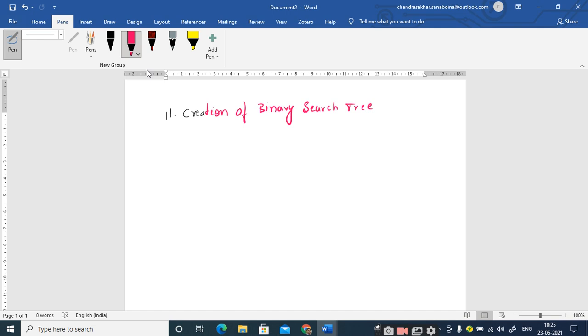So anybody please give me a list of 10 to 12 elements in random order. 4, okay. Let me start with some middle number. Take the range from 0 to 100, but let me take the first element as a middle number, somewhere around 50, 60. If you start with 4, then everything goes to the right hand side only. That's the reason why I'm saying. 60, okay.